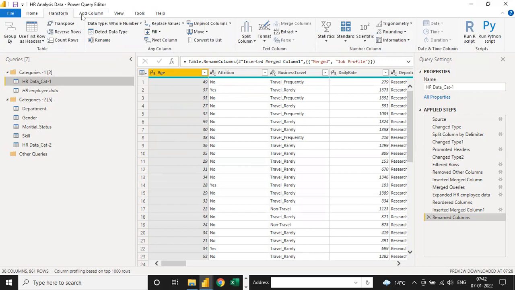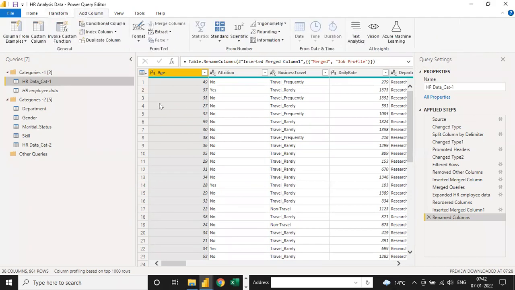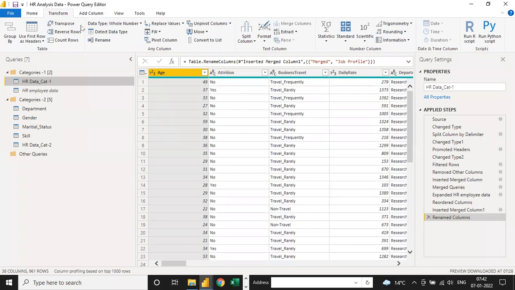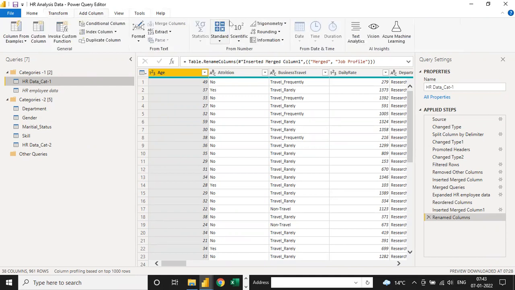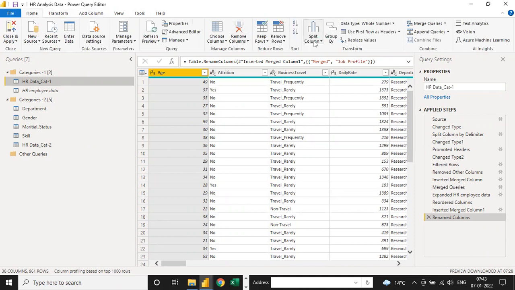Like if I go to this transform, generally in this example I am adding, I am providing knowledge for add column only, but I will provide you transform also in some way. So my task is to complete the whole thing one by one. It means you have knowledge about any alternative also. Suppose in the transform tab you have split column, in the add column tab you have it, and in the home tab also you have split column. It means you have multiple ways to do the same thing, so you have to use all the things together.